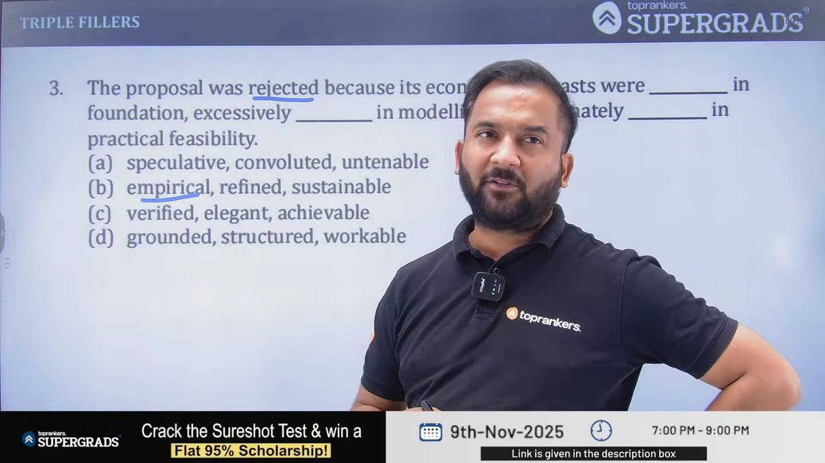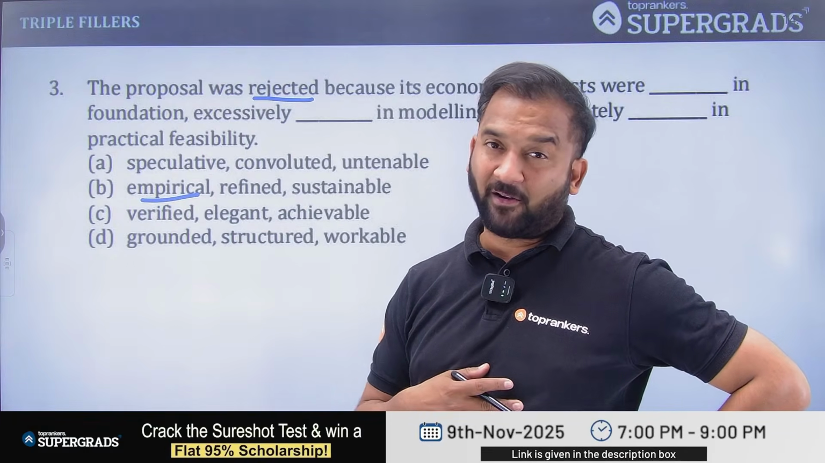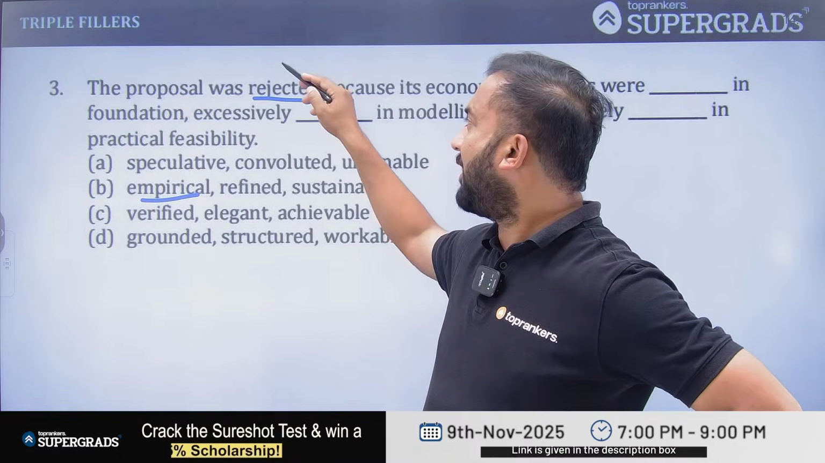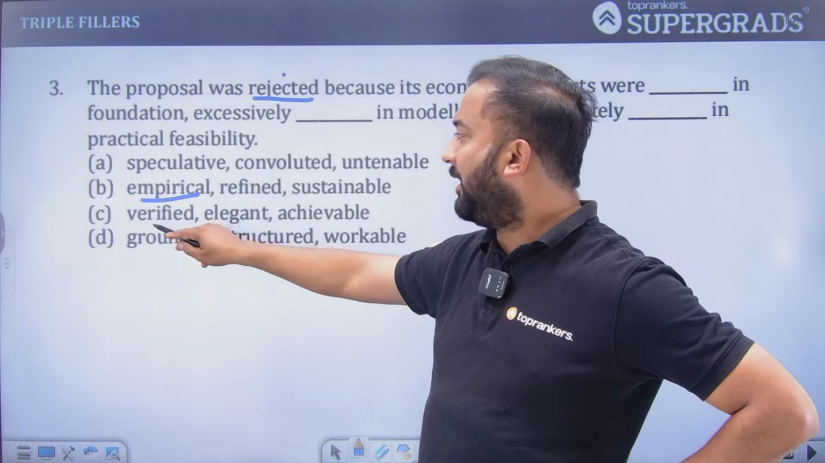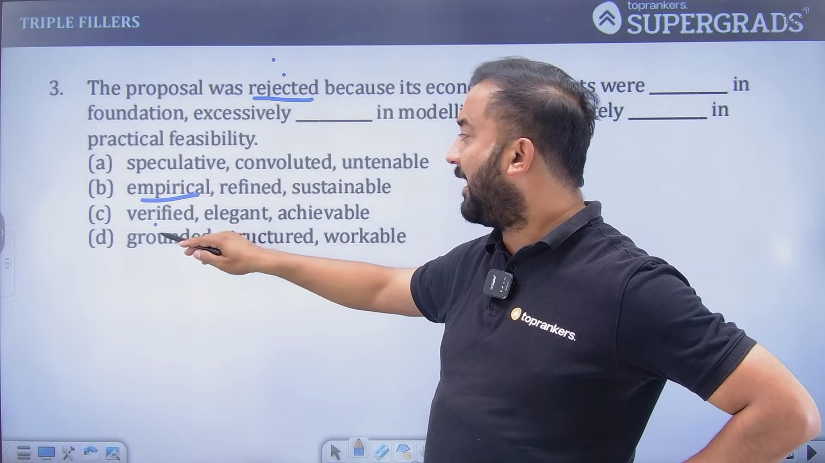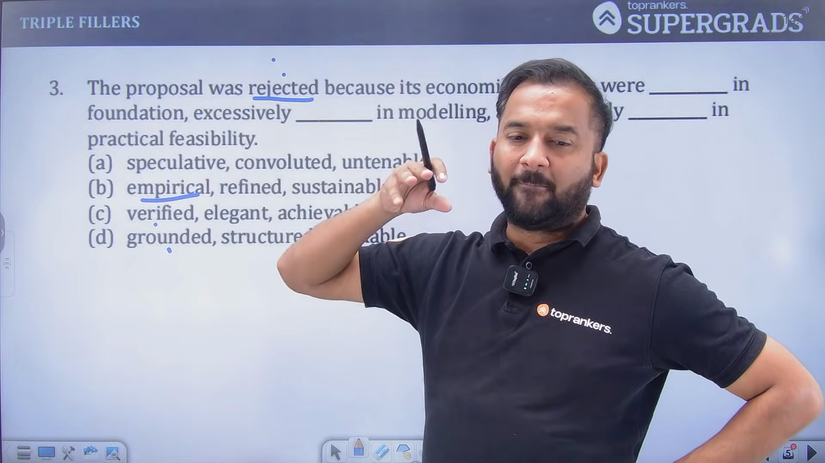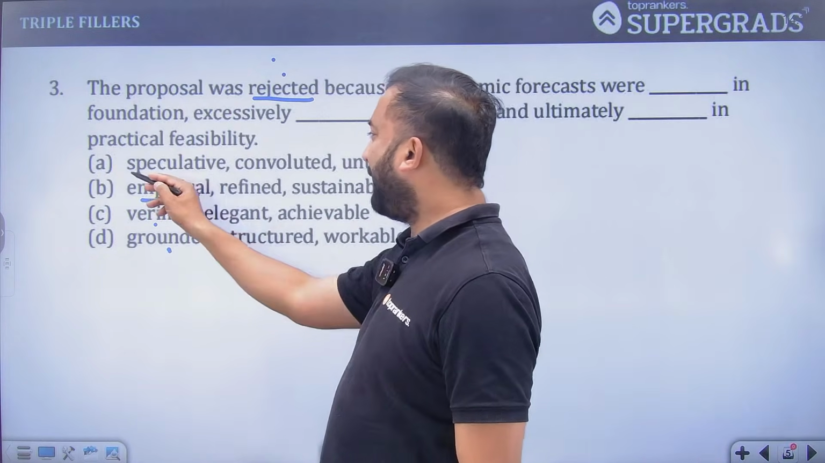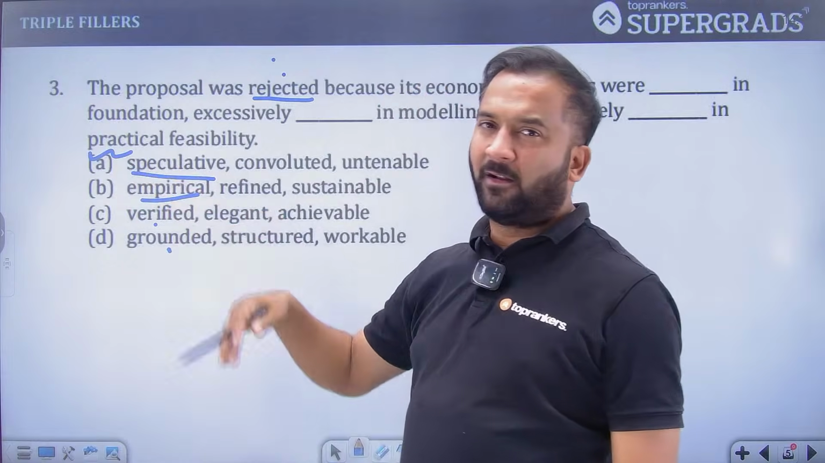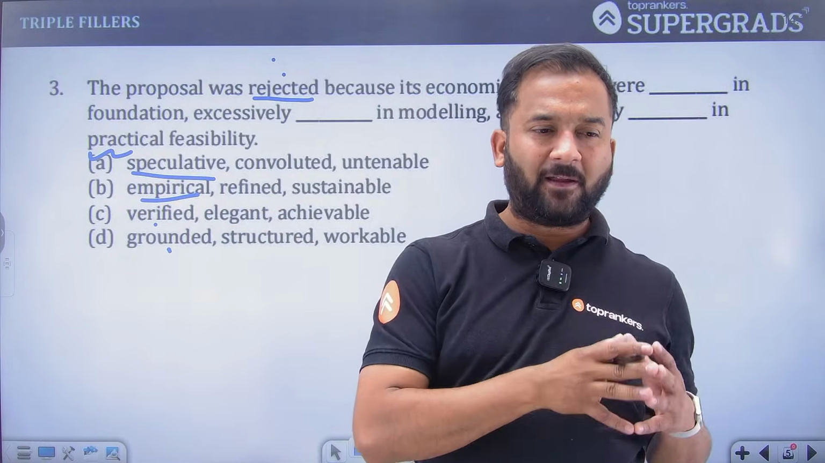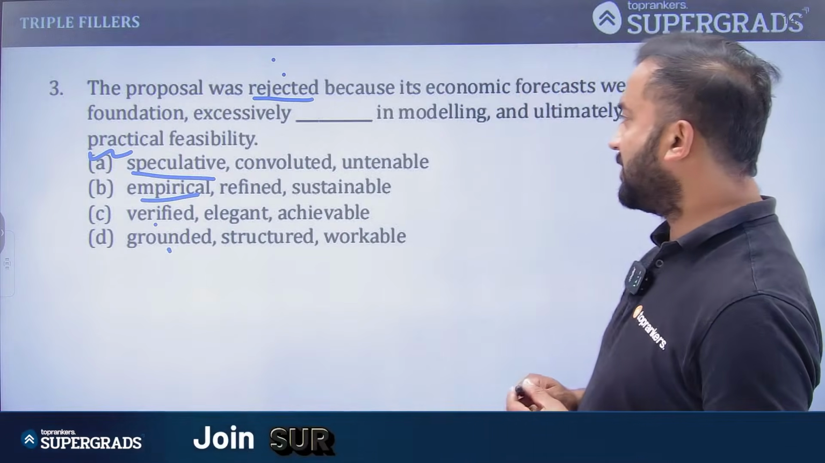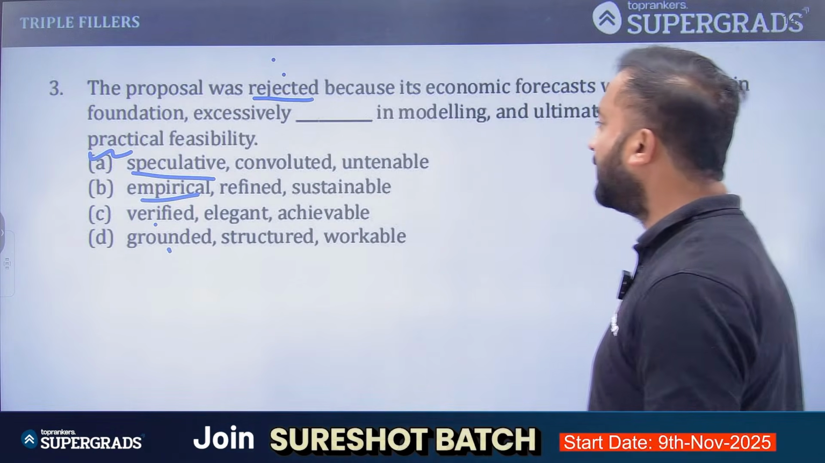Empirical is something which is proven, which is formula driven. If this proposal were formula driven, it would not have been rejected. Had it been verified, it would not have been rejected. Had it been grounded, in that case as well, it would not have been rejected. So it is speculative. It's a bit doubtful whether we should accept this proposal or not. So speculative. Convoluted is twisted,